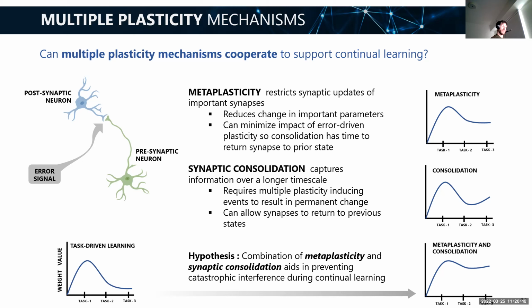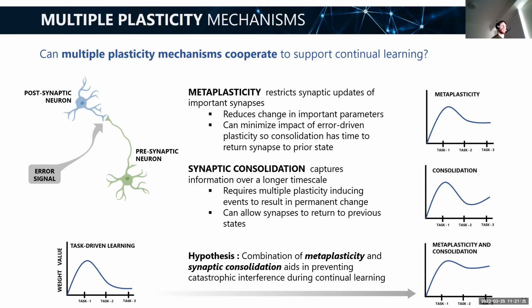We saw how, in the figure, after a metaplastic change, changes to a synapse are weakened or reduced. So what this will do is, you'll learn a task, let's say task 1, and you reach some fixed accuracy value for task 1. So when you go on to learn task 2, a lot of your important synapses for task 1 will be prevented from changing, and your performance will drop only slightly. Whereas if you have no metaplasticity, just doing task-driven learning, your performance will drop very quickly, maybe back to where it was before, unless there's some sort of shared information between the tasks.